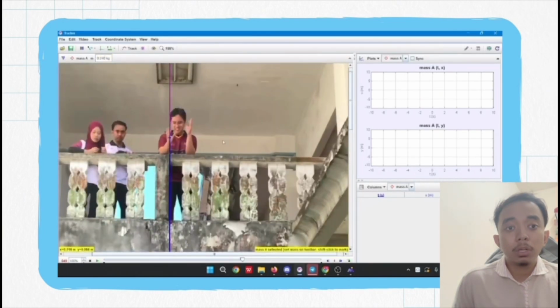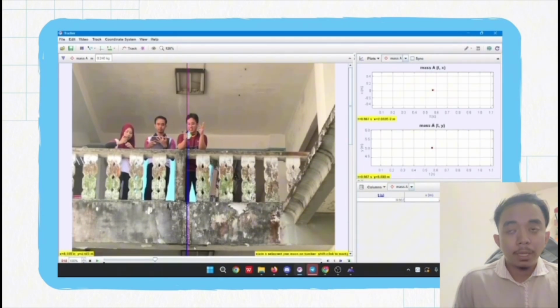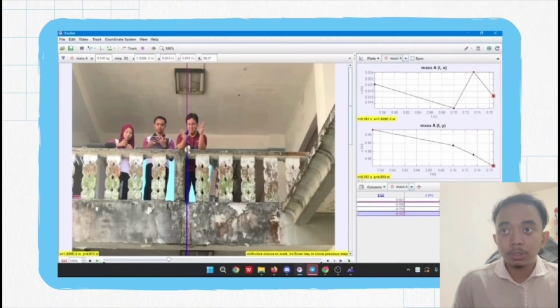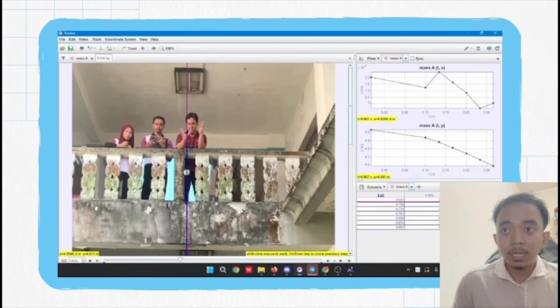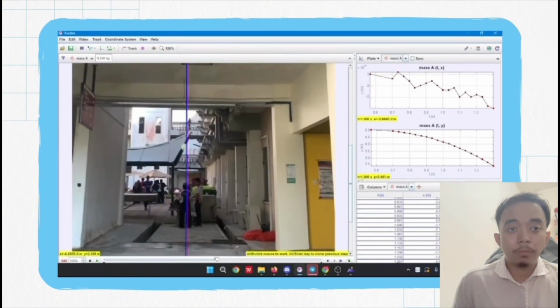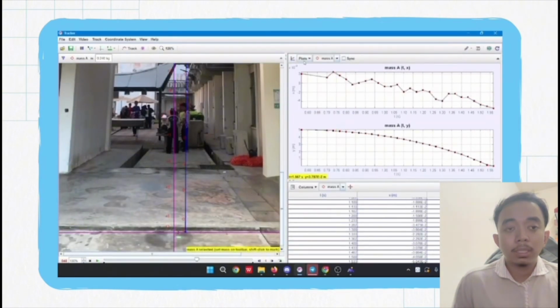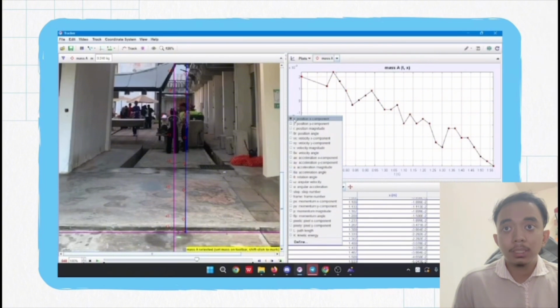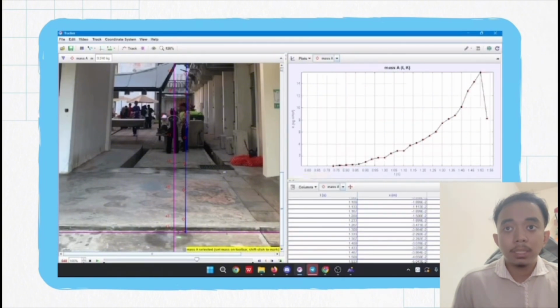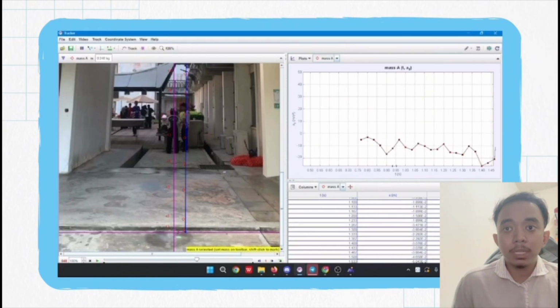And next what we are going to do is zoom in the video and on the balloon hold shift and left click on your mouse to track the balloon. Frame by frame, we track the balloon using shift and left click until it dropped onto the first floor. Then on the right side, we chose the kinetic energy against time graph, potential energy against time graph, and acceleration against time graph. Okay, so here is KE versus T, then the acceleration Y component against T, and lastly, the potential energy is not given in this